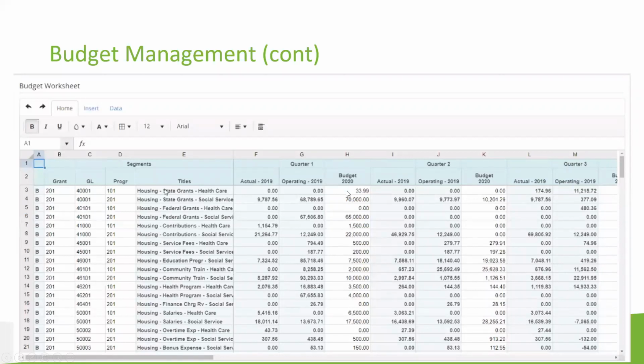In case you're wondering, all this information that you see here in column H, I actually had the system populate this for me. I'm just allowing myself the ability to override. So all this information can be populated, and depending on how you work inside your organization, you may choose to go with 0 right from the start, or you may provide last year's actuals, or you may provide this year's projections. It's up to you, whatever you want to do.